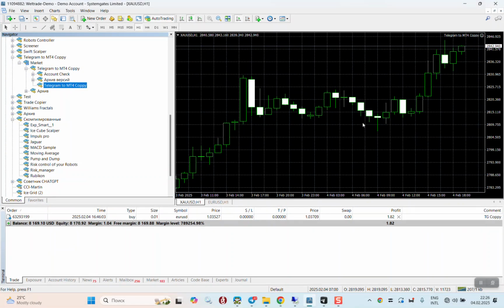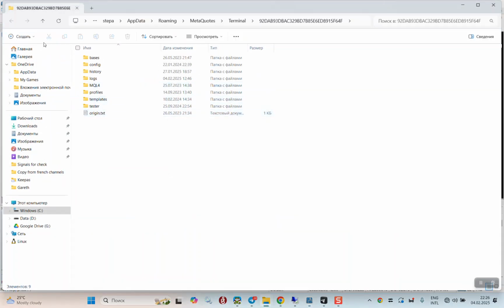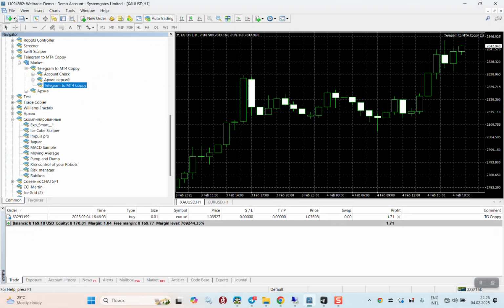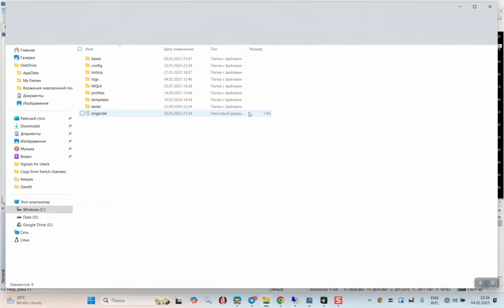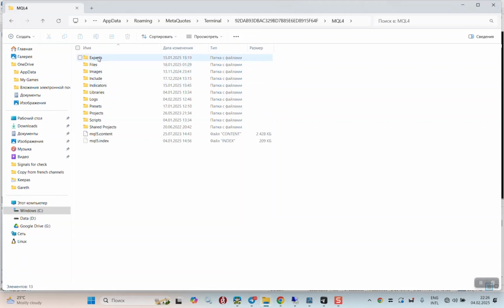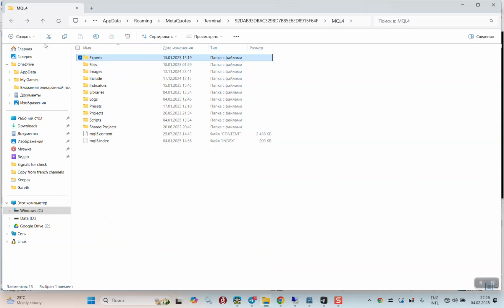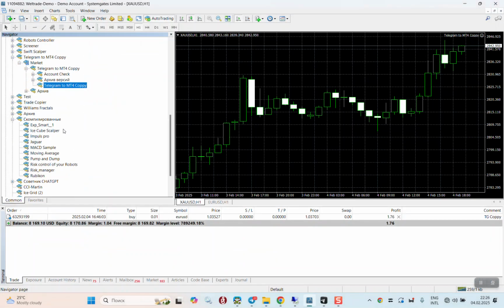Hello, I will tell you one time how you need to install the Telegram copy. First you need to put this file to the... we go File, Open Data folder, then MQL4 and Tab Expert, and you put it here. Just here, you do not need to create any folder, you just put it here, and then close, and then